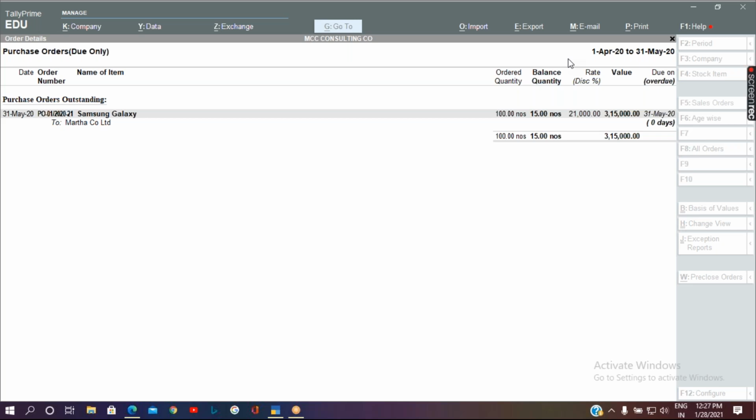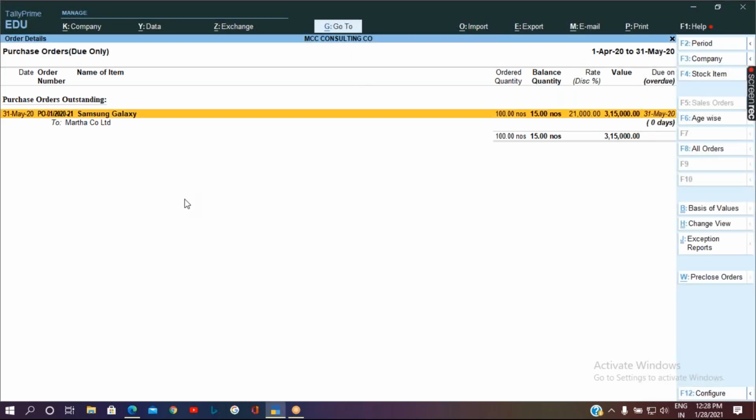Okay. So if you want the goods to be taken back from them on this order, then you are supposed to pass a receipt note entry. Once again, you should pass a receipt note entry, and for the same you should pass with purchase invoice. Using the same order number, you should pass these two transactions. So let's see how we can do that.